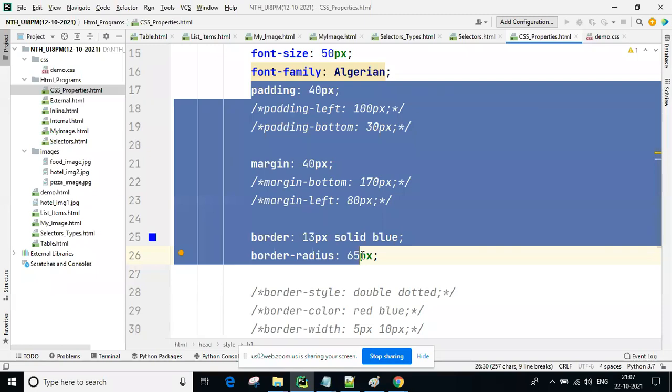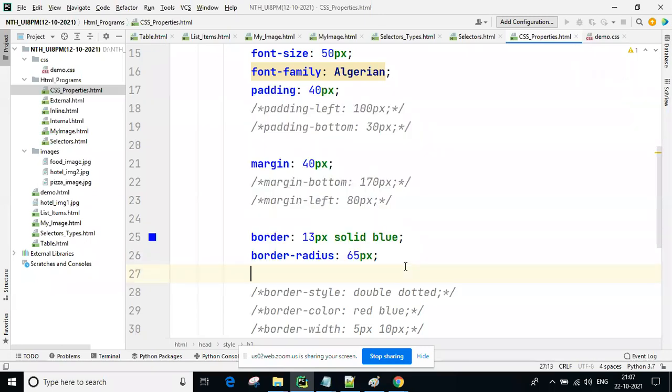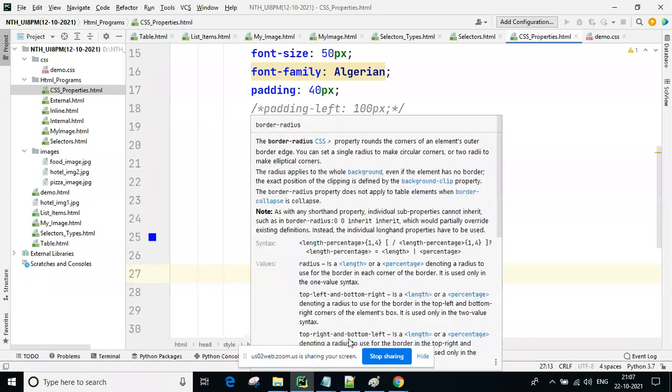Later a lot of other properties are there, guys. Background images we can provide. A lot of things we will discuss when we are developing the application. So right now, up to here is enough for this session.